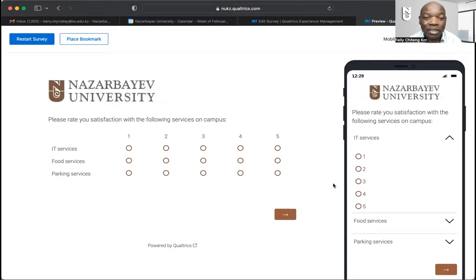Because in some cases, some participants use the middle point as an easy escape. They don't want to put in the cognitive energy that they need to really think about the question and how best they can answer it, and then they would just select the middle category. That can happen. But it also depends on the response categories that you are using. In some cases, if your response categories are clearly not overlapping, for instance, if you have